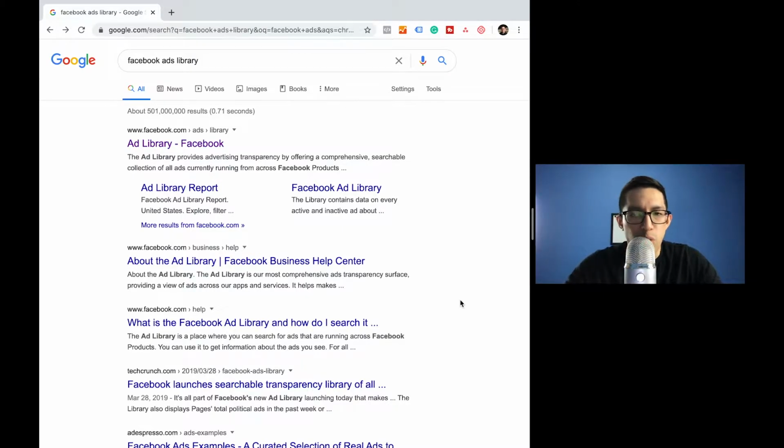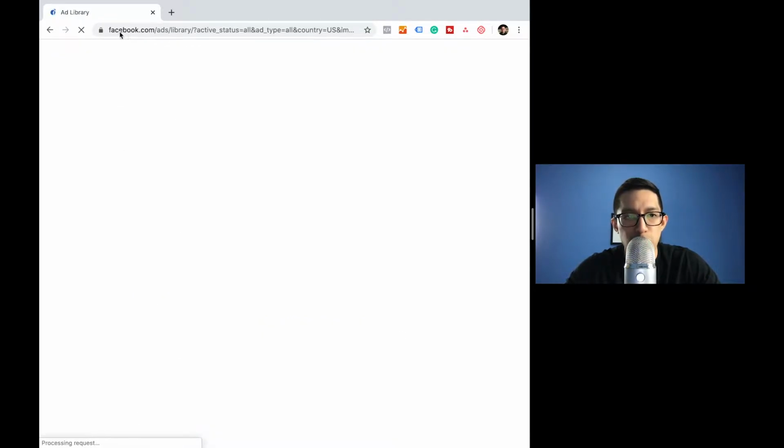Today what we're going to go over mainly is this tool provided by Facebook called the Facebook Ads Library, which is meant to provide transparency for users so that they are able to know what organization is responsible for any specific ads and what types of ads they're running at any given time. To find this tool, you're going to have to go to Google and type in Facebook Ads Library, right? Or you can just go to